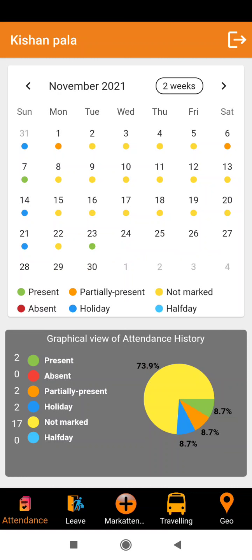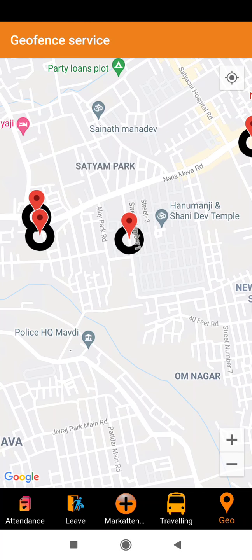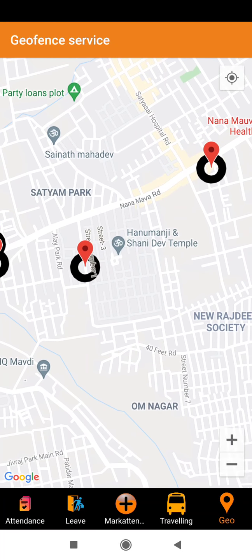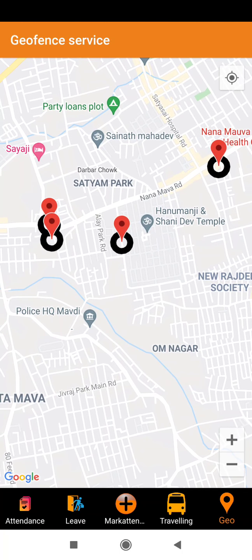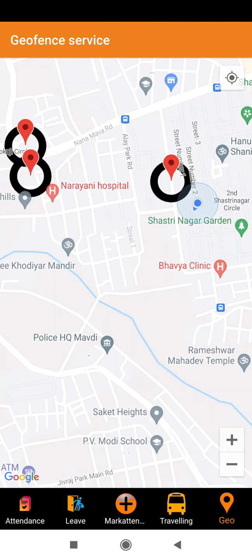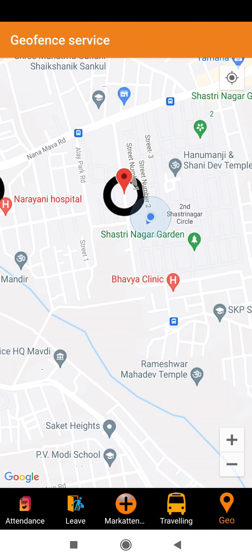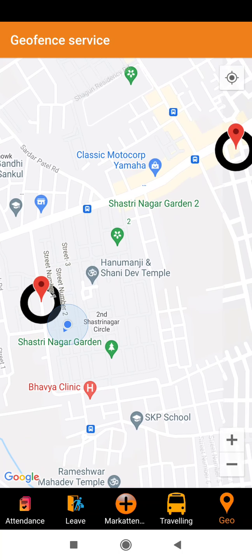Before logging out, I am showing the geolocation again. Here are all the destinations. All your destinations are added by the company backend.